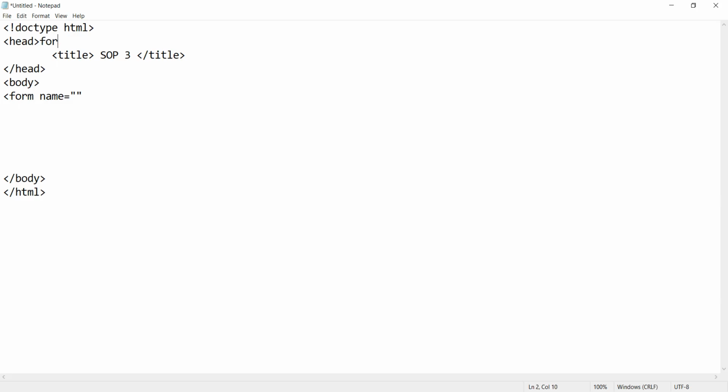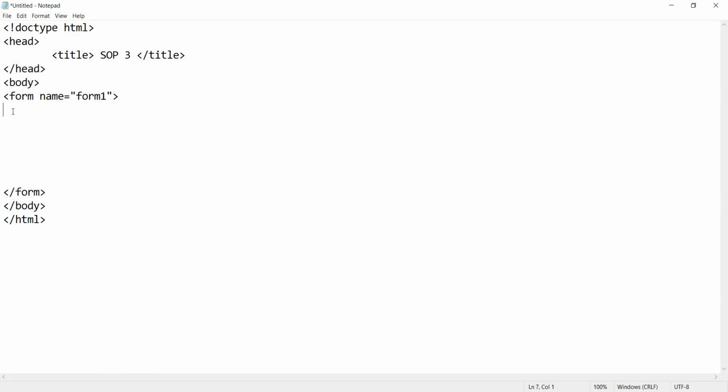What is the use of the name attribute? Even though we are not using it now, it is not useful now in HTML5, but it is always a good habit to give an ID or name, or we can say to use the name property, for each and every form control, so that it is useful afterwards whenever we will be learning client-side and server-side scripting. In server-side scripting this name attribute is very useful, so it is always a good habit to use the name attribute with every form control. So I have used the form tag.